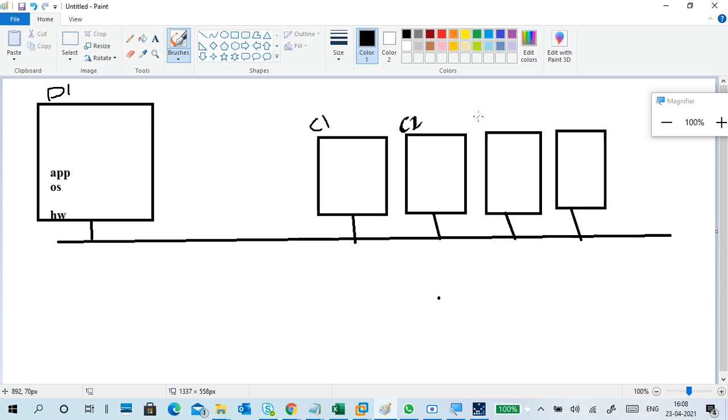Then we'll go to C2, C3. Now all these PCs want to access the same application. This desktop, that application, we want to access from these PCs.